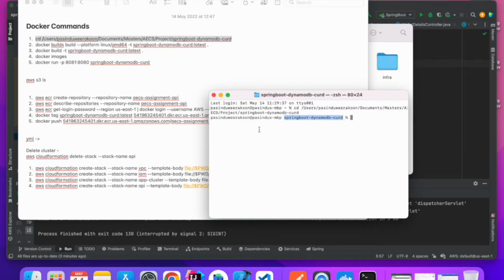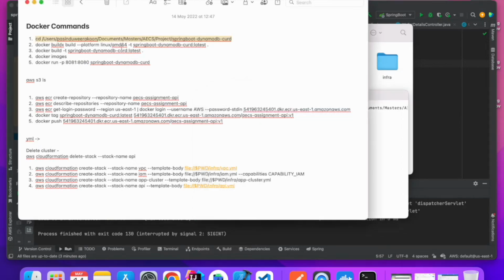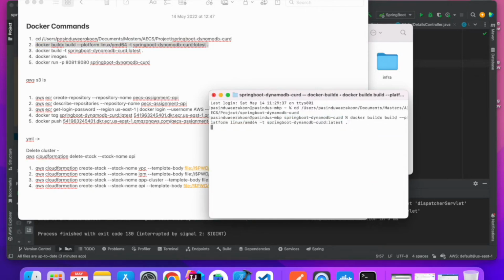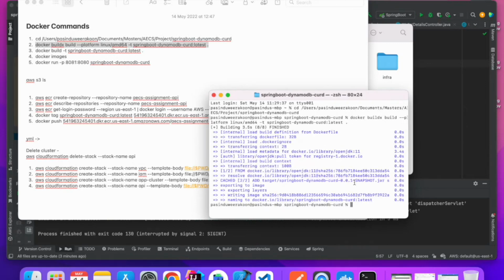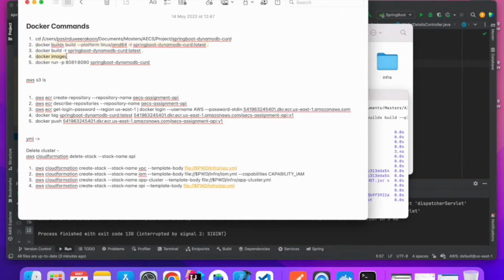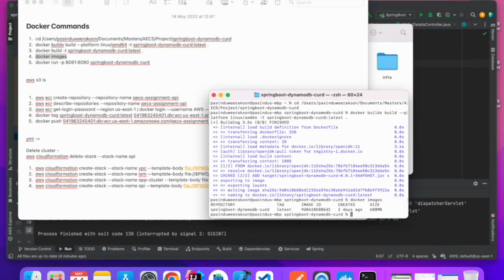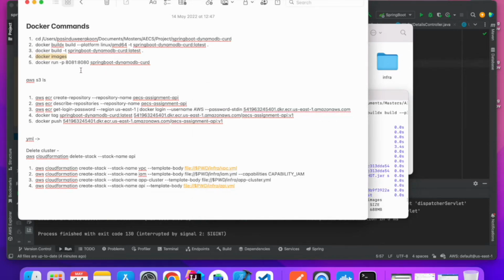Now I'm going to build my Docker image. Yeah, the Docker image has been created. If you want, you can see all the Docker images by using this command. Yeah, it's created here, and if I run it,